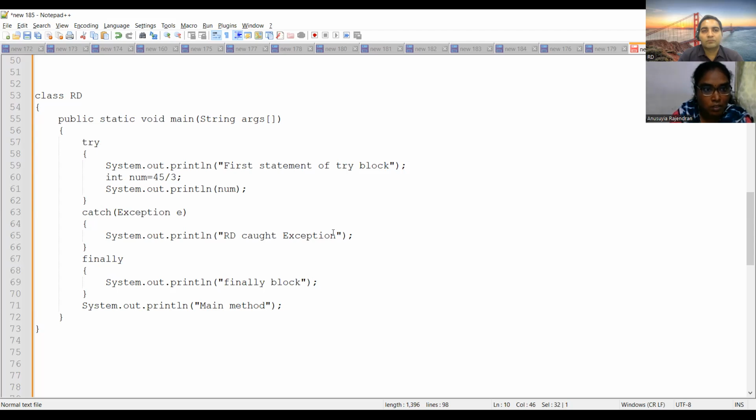Then it goes to the finally block, and the finally block will get printed. So how many statements will get printed, and what would be the sequence? First, the statements under the try will get executed. As there is no exception, it will ignore the catch block, and it comes to the finally block.